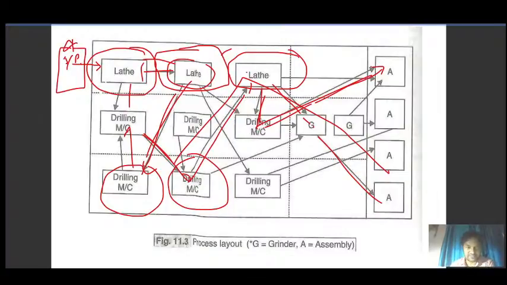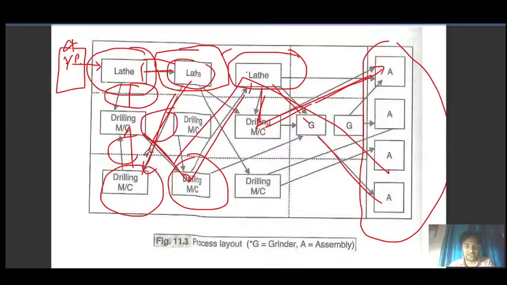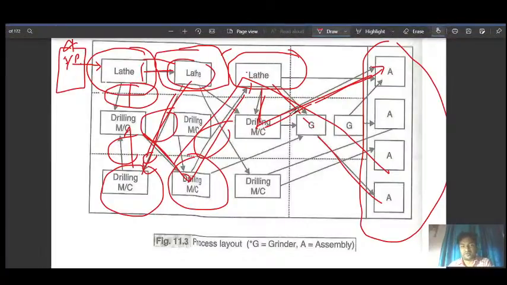So obviously for that you need to purchase more material at a single time. Again, travel of the part, this one, this one, this one, will also take time, and in taking time you again need a conveyor belt, or a part transfer mechanism. So overall it will lead to huge machining cost or production cost, you can say.